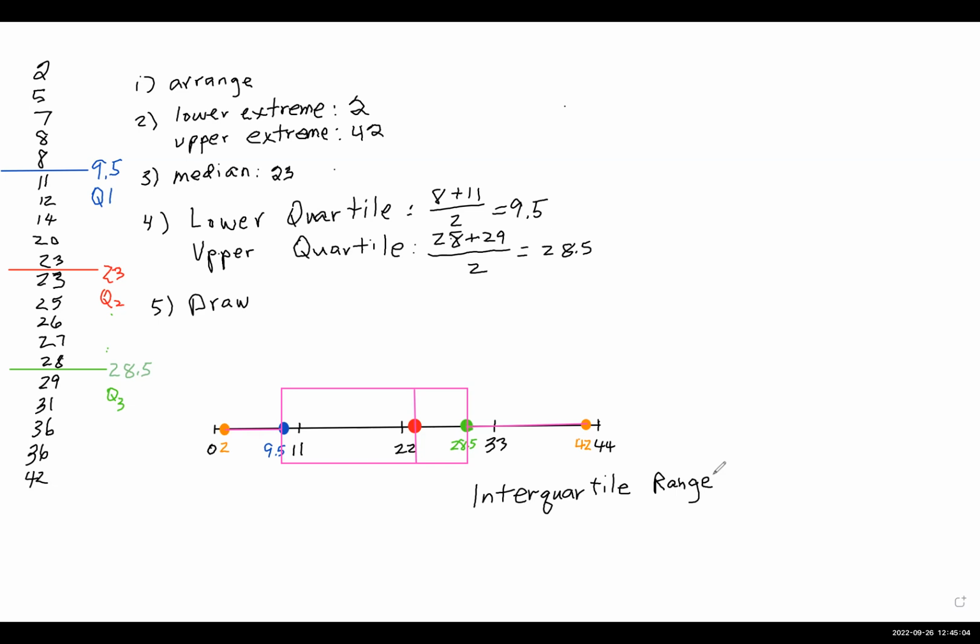Would you maybe add the 9.5 and 28.5? Yeah, that's what I was thinking. You're close. You're very close. Now think of the range. Mallory, when we did the range, we would have taken the 42 minus the 2. There was no addition. Yeah, that's right, that's what I did. Never mind. So guess again, Mallory. Maybe what we want to do is subtract. There you go. There you go.